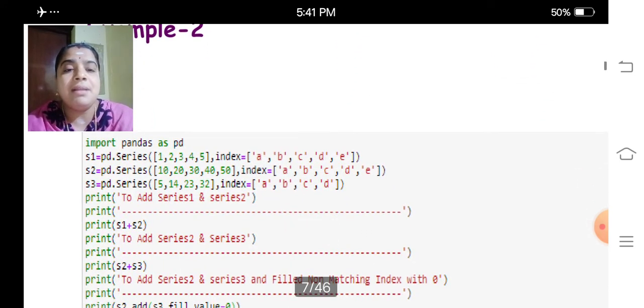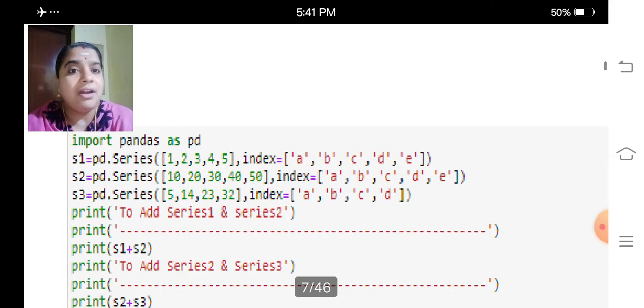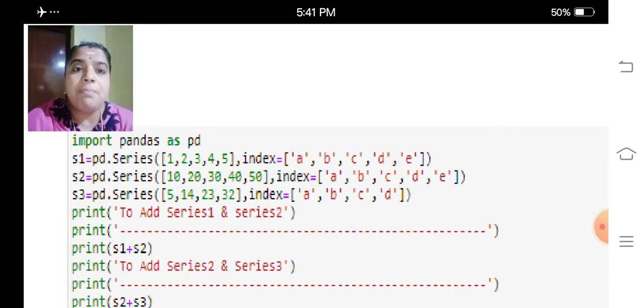Look at the example given that we already discussed. Import pandas as pd. pd is the alias name. S1 equals, we are creating a series of 1, 2, 3, 4, 5 with the indices A, B, C, D,